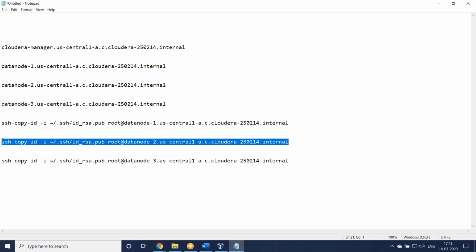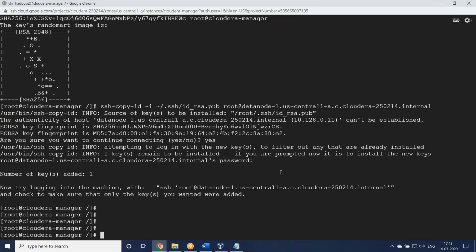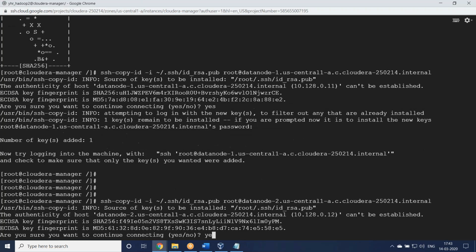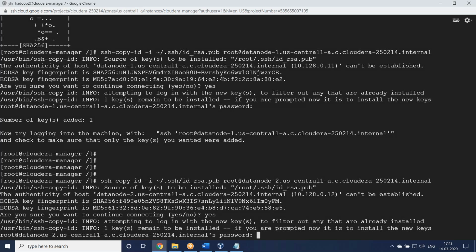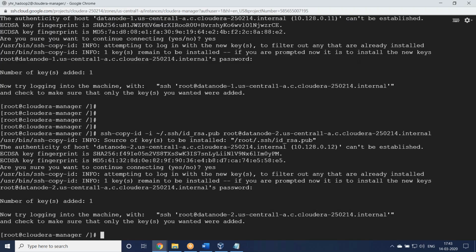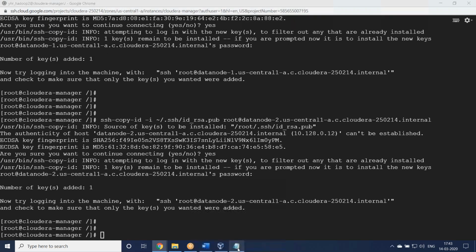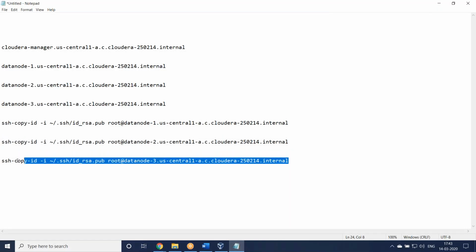Then similarly second, from the Cloudera Manager node only, because we generated the key here only. Yes, password. So 2 servers key copied from the first server, then third one.